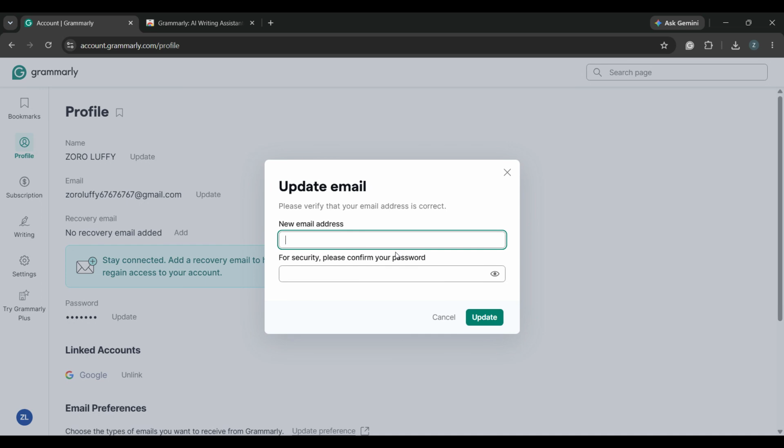Make sure there are no spelling mistakes and that it's an email you can access, because Grammarly may use it for account verification or important notifications. After that, you'll usually need to enter your current account password to authorize the change. This is a security step to confirm that you are the account owner and to protect your account from unauthorized